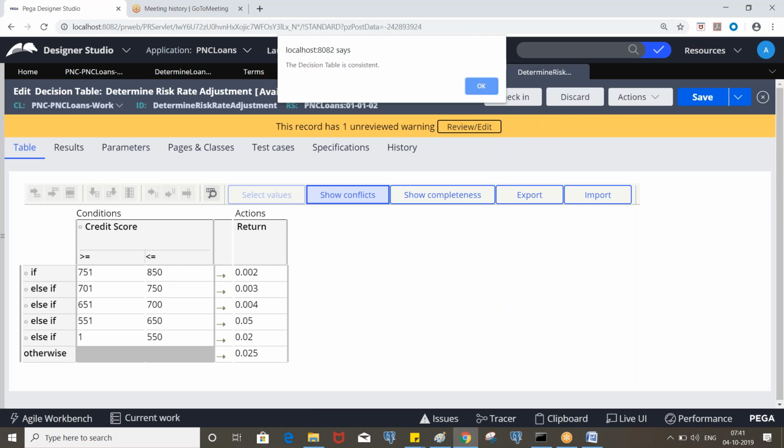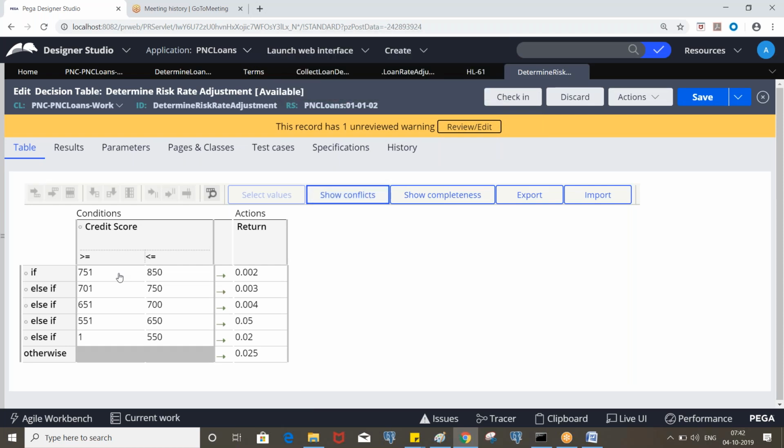So inconsistent means, let's say you are determining greater than 800, greater than 700, like that. If we specify the lower value first and then the higher value, let's say first you specified greater than 700 and then greater than 800, what will happen?